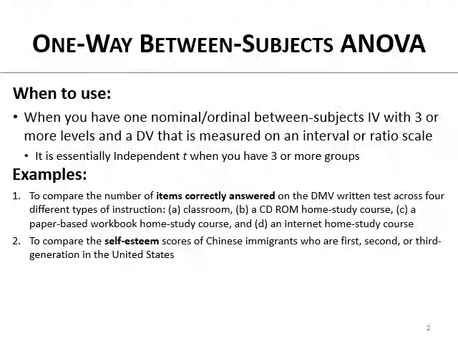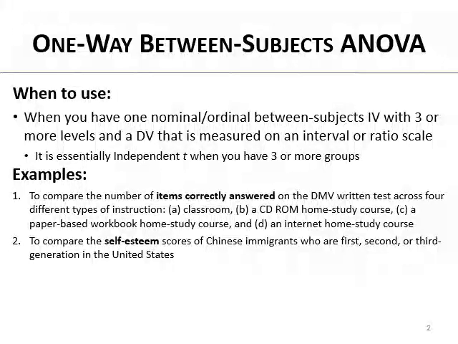And what are we going to be comparing that DV between? Well, everyone's a Chinese immigrant in here, so that's a constant. But what varies is whether they're first, second, or third generation in the United States. And so that is 3 groups, 3 levels, generation, and it's got 3 levels,